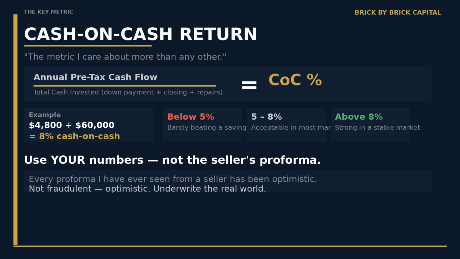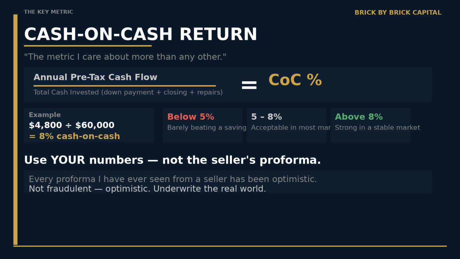Run your own numbers, every time, without exception. This is where I see the most expensive mistakes made. And it's not complicated. People just use the wrong numbers. Let me give you the assumptions I use. These aren't theoretical. They're what I've found to be accurate across my own portfolio and the deals I've brokered over